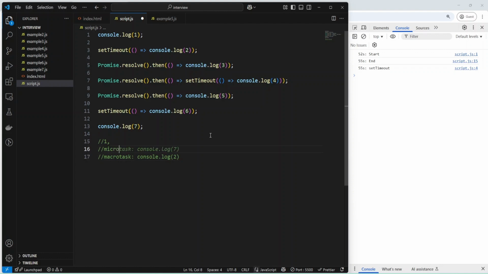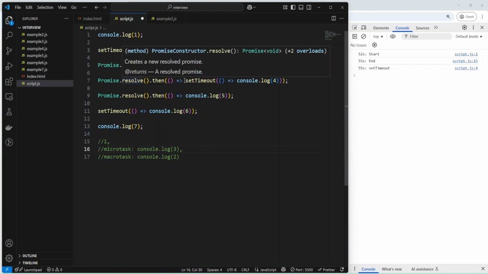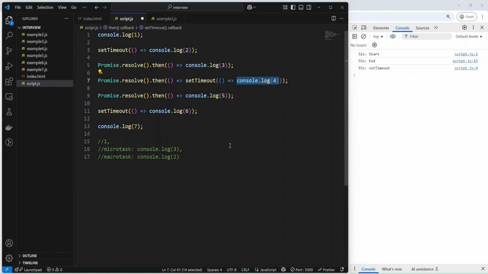Okay, and then we'll have console log 3 in the micro task. And then we have a promise, but after the promise we have set timeout and console log 4. Let's think about where we should add this code. And we have a promise, and all this code we need to add to the micro task queue.